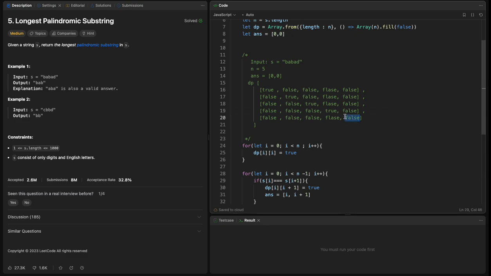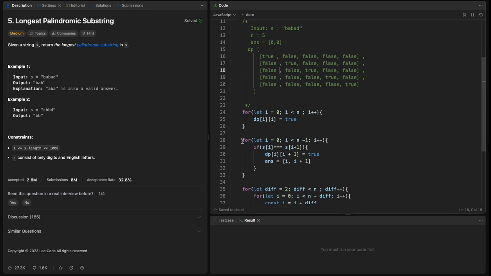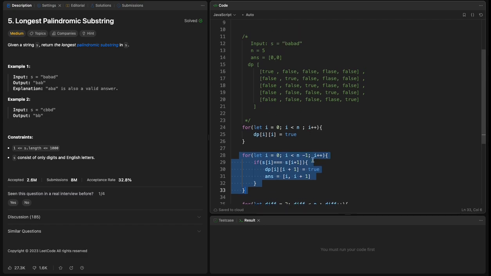And lastly, 4: 0, 1, 2, 3, and 4, this one will be true. Okay, so right now we have these true. I want to color them actually so we can see them. However, let's continue. So I will loop again, and I will loop through the string here, and I will say